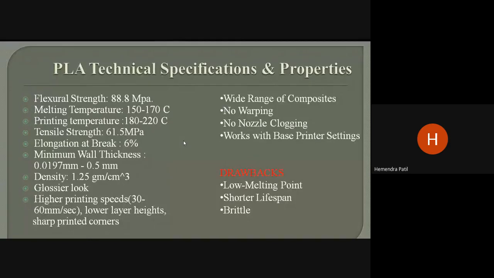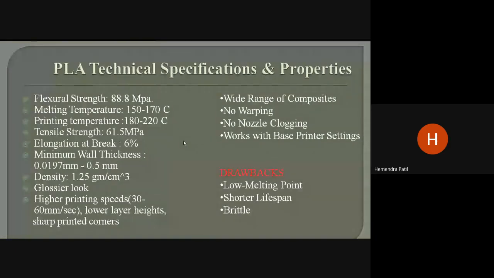Low melting point is great for printing purposes, but this makes it useless for high temperature applications. So it will simply melt in such an environment where we have to use it in a high temperature environment. And for the brittle material, I will say it breaks when put under stress. So this limits practical applications.